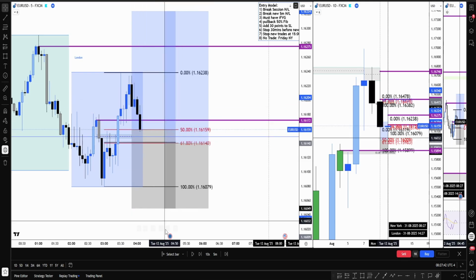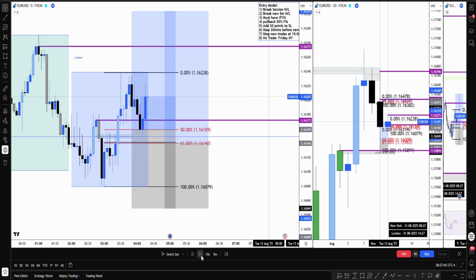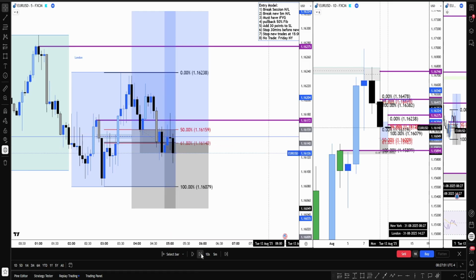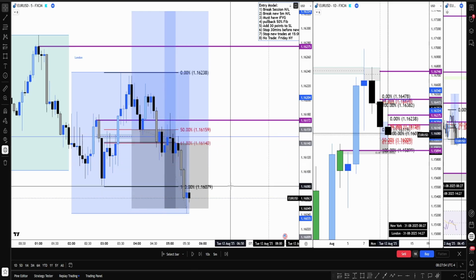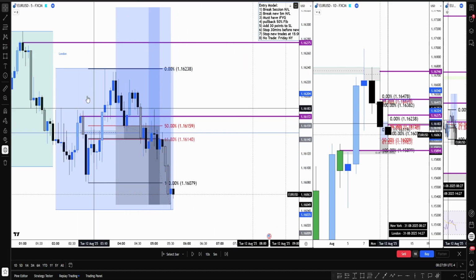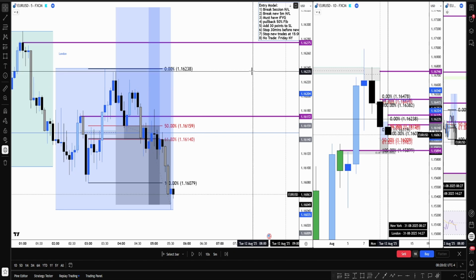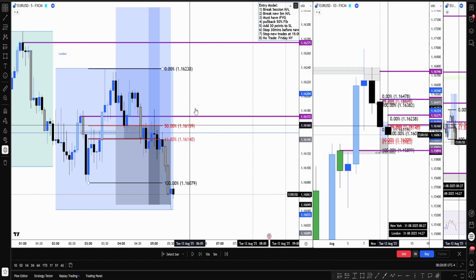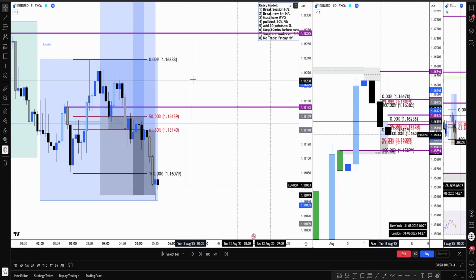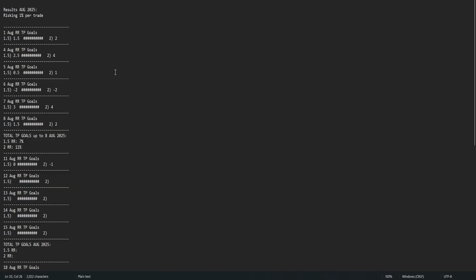Okay, retest of the 50%, perfect. There we go. And we entered this one as well. And price keeps going down and stopped us out. That's unfortunate, but it is what it is. So we are still in the London time frame, and since we are still in the London time frame, we are definitely not going to enter here in any case. There's nothing else that we can enter here until the New York session starts. So now we have to sit on our hands until New York open.